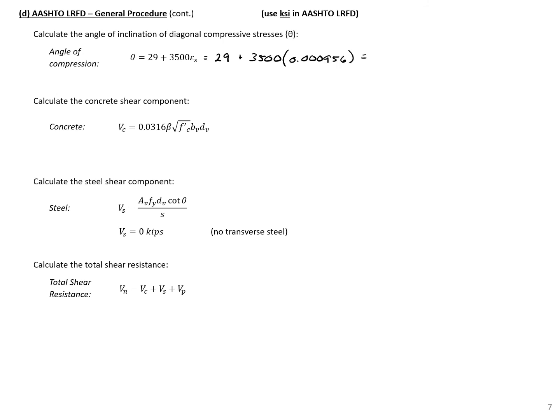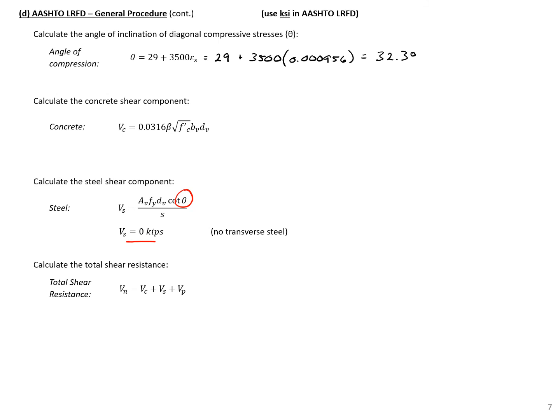So we'll find our angle here to be 32.3 degrees. And we would use this angle if we had a steel component. So if we had some steel, we would use this angle to help us determine how much steel is crossing our cracks, so how much steel contributes to our shear strength. Since we don't need to use it,